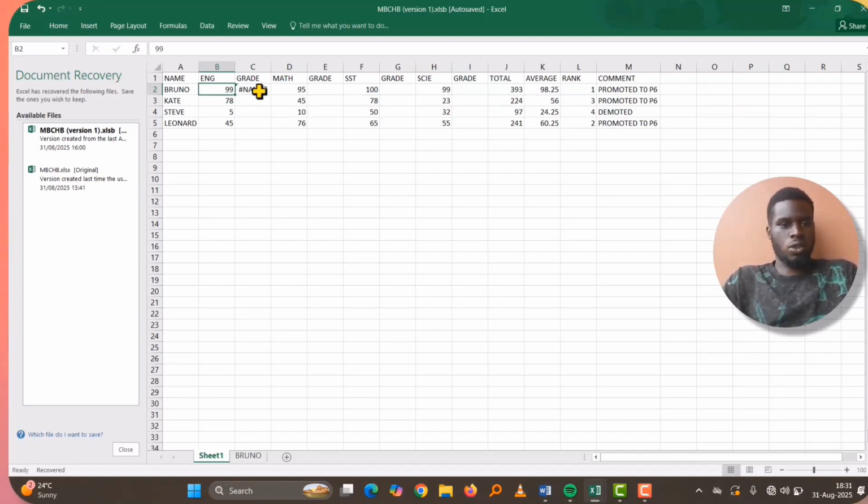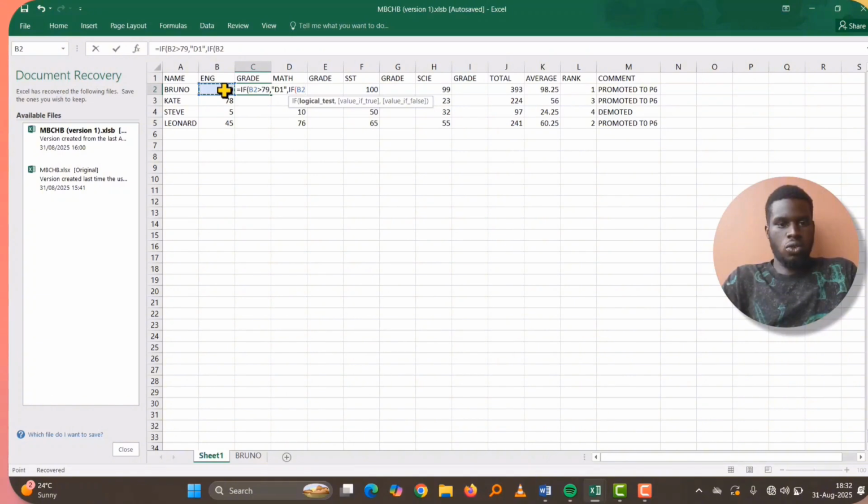So, if, open brackets, B2 is greater than 79, comma, open quotations, award a D1, close quotations, comma, if, open brackets,